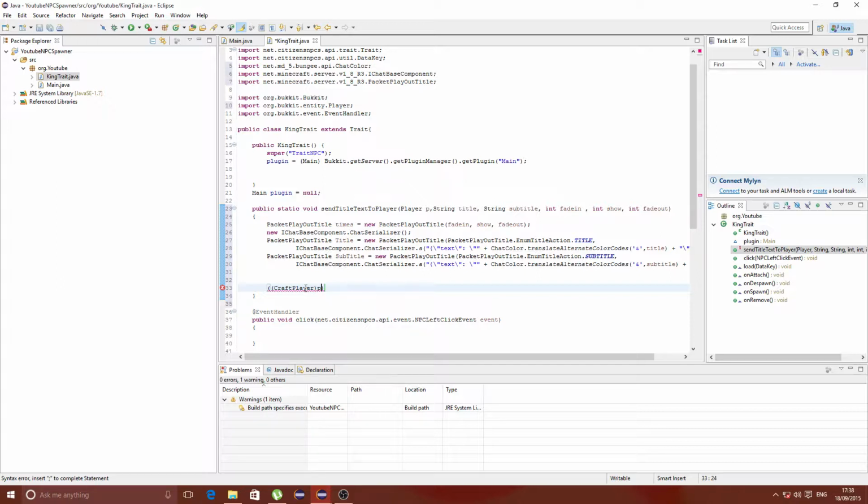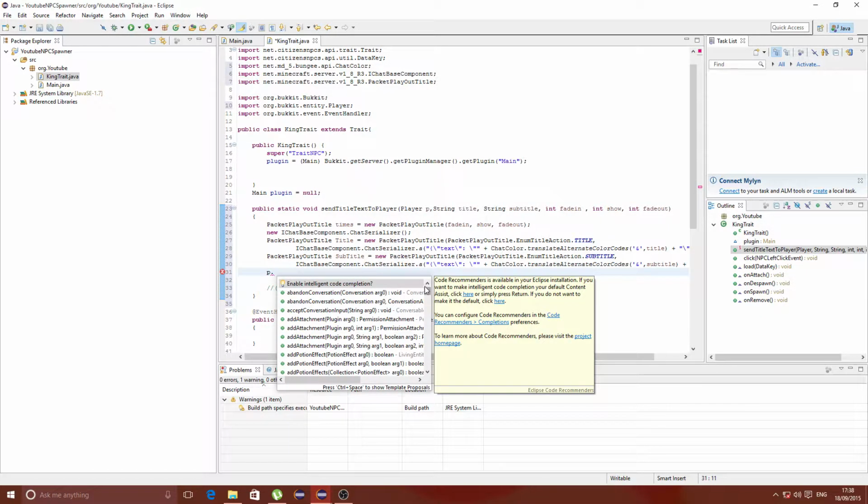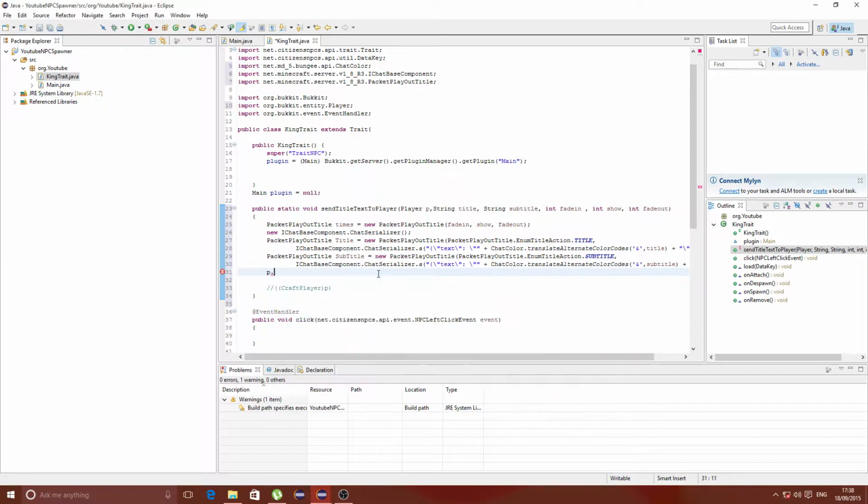So for example, if I give you a quick demonstration, if I typed in P, which is the player which we added, you got a list of player commands that you can do to a player, like sending messages, get where his position is, get his height, get his health, all this normal stuff that you can get. But now if we make a craft player, okay, we got a craft player of type P,